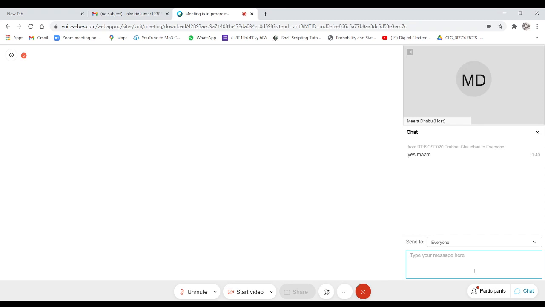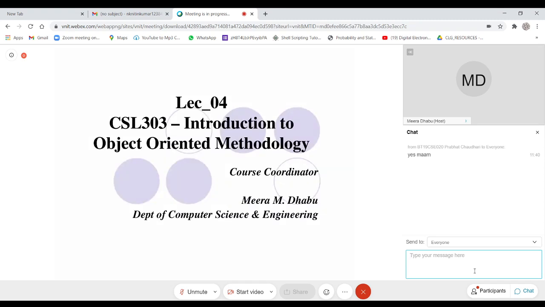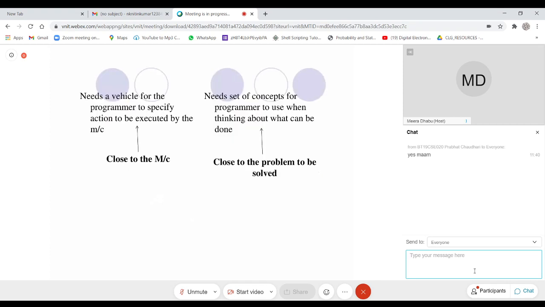Coming to the programming languages, again I will go a little bit backward. When C was introduced, it was one of the languages which is close to the machine. If you want to write an application where you need to do some jugglery with the hardware at the system level, you need a vehicle for the programmer to specify the action to be carried out at the machine level.